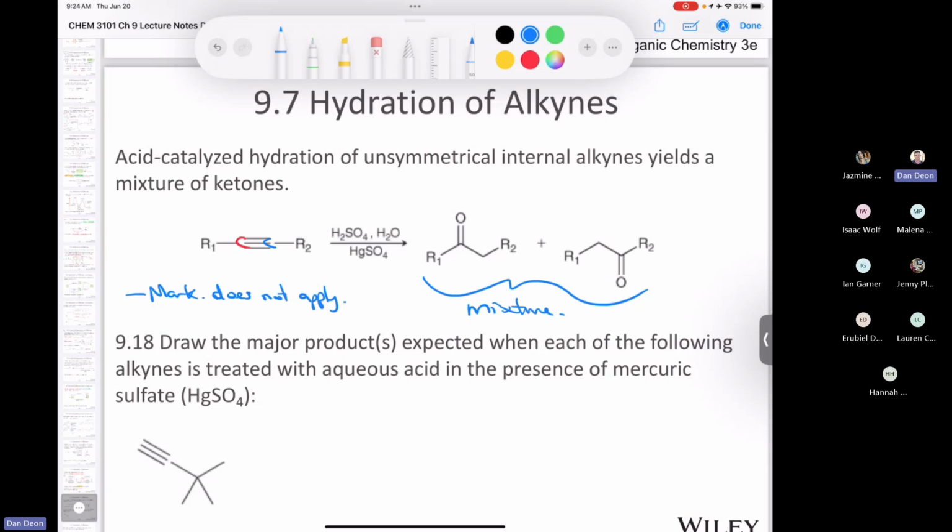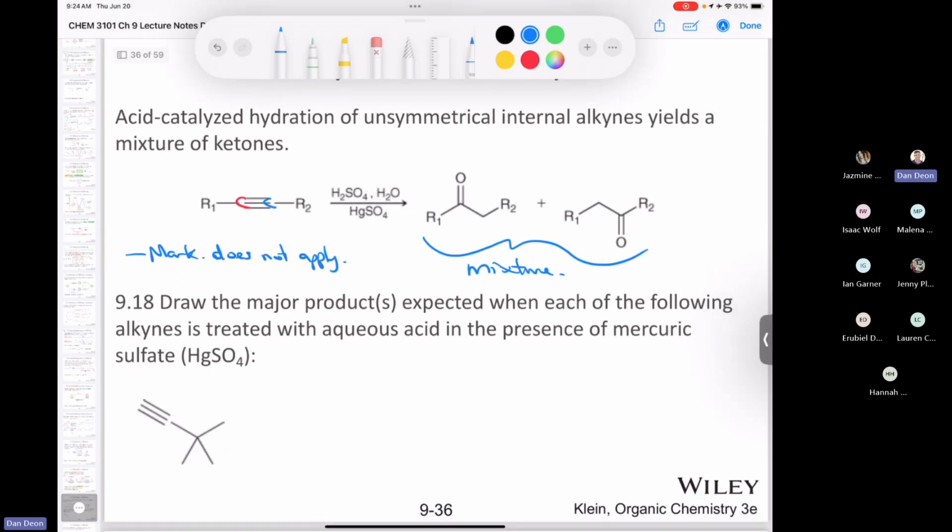But anyhow, question 9.18 says, draw the major products expected when the following alkyne is treated with aqueous acid in the presence of mercuric sulfate. So what they're asking us to do is draw the product that would be formed if you mix some sulfuric acid, water, and some mercury(II) sulfate and subjected this terminal alkyne, tert-butylacetylene, to these conditions. Well, we're going to follow the rules. The rich get richer, and so you'd actually end up with this